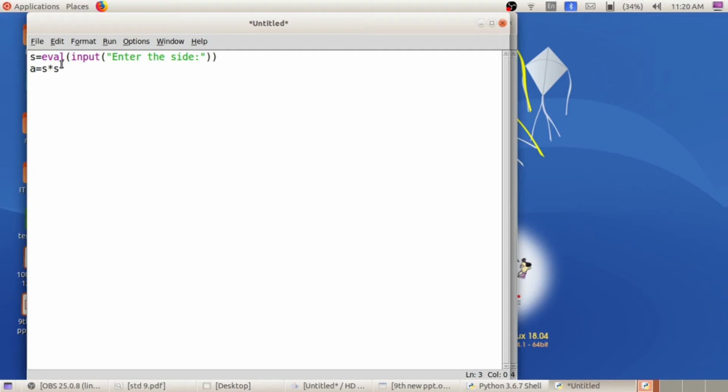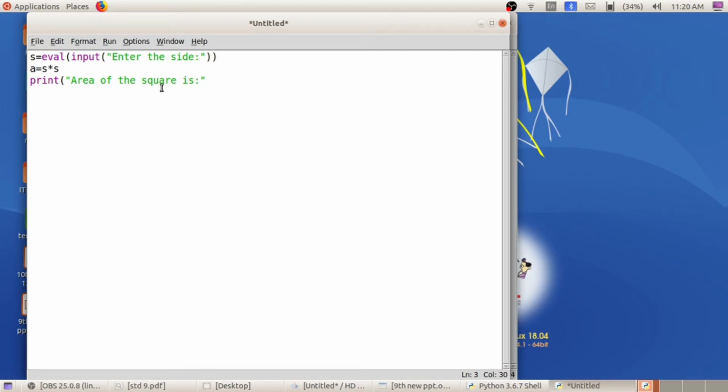Then the third line is we have to print the corresponding result. So print, and in double quotes specify the string, area of the square is, then close the double quotes.